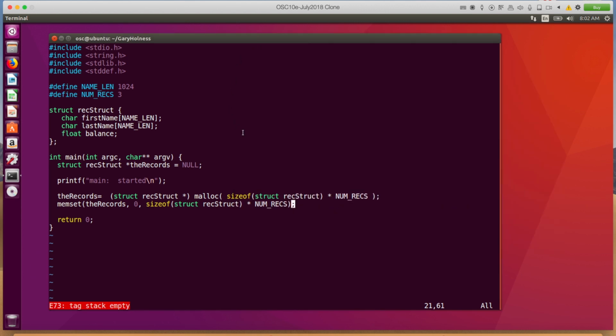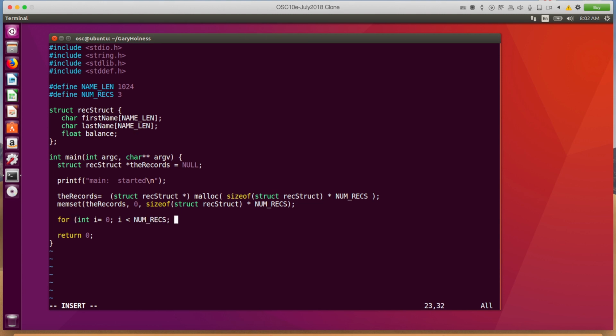All right. So we have our initialization. So now that we have the records, you can imagine this as an array. We have enough space to store 3 of these rec_struct data structures. And what I'm going to do is I'm going to loop through them, and I'm going to ask the user of the program in the command line to type in information, and then I'm going to print out what was stored, and I'm going to free that memory. So let's define a loop for int i gets 0, i less than num